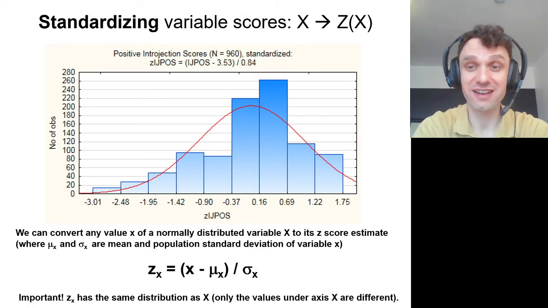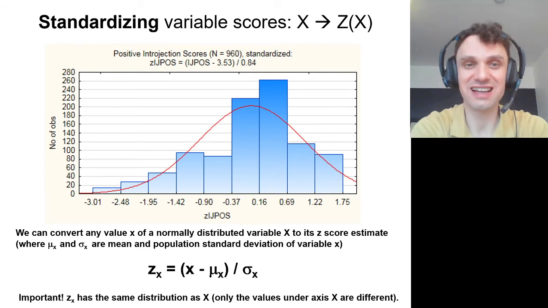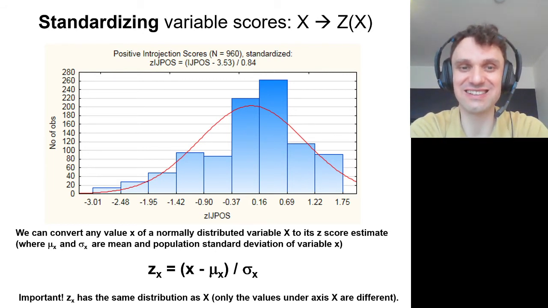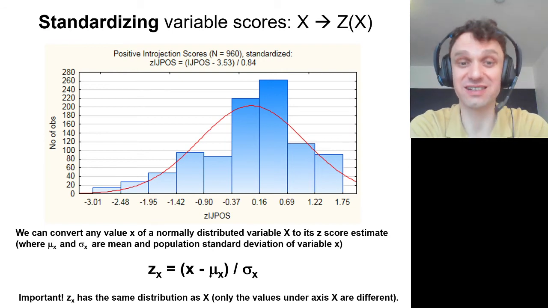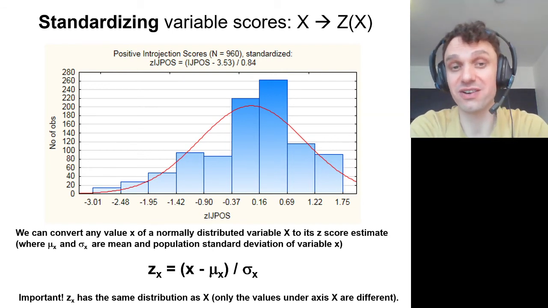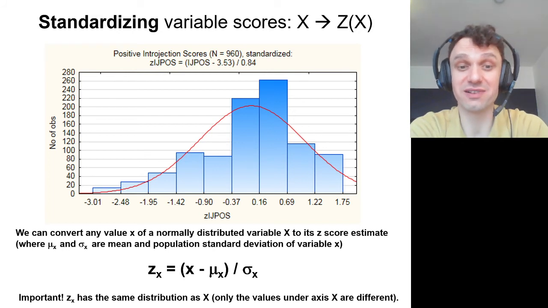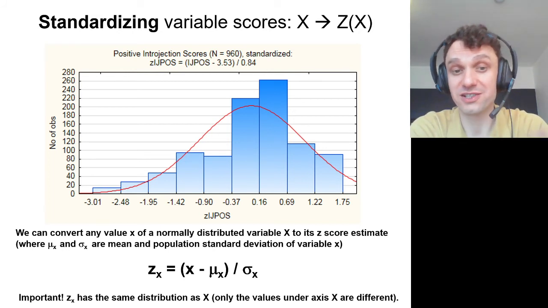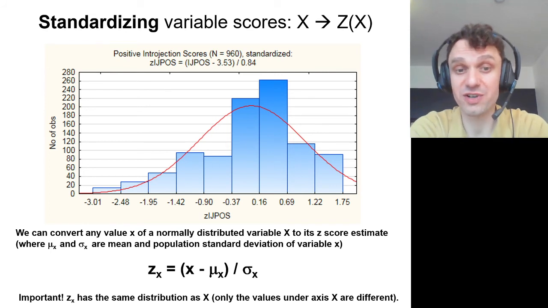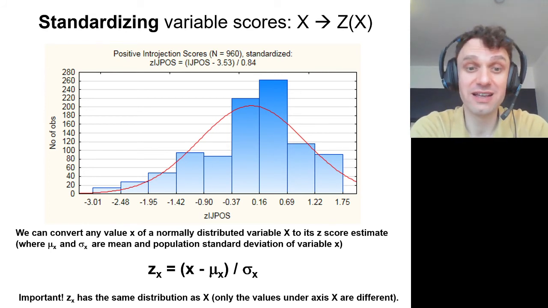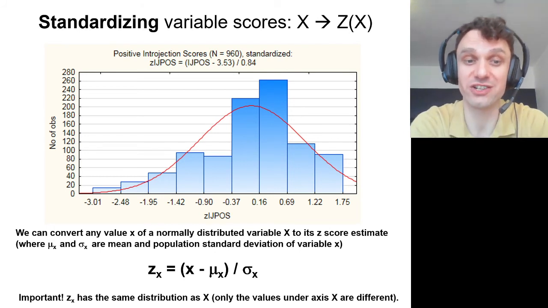And for every scale, you can actually standardize this scale and convert your result to units of standard normal distribution. If your original score was normally distributed, you can always calculate this z-score using this very simple formula. From each person's score, you subtract the mean score in your sample, and you divide the result by the standard deviation in your sample or in the population.